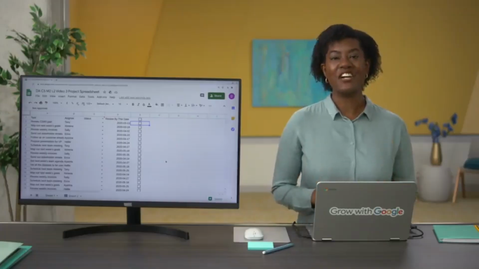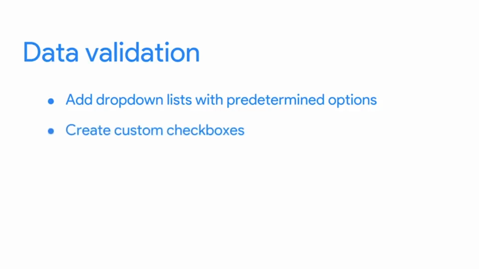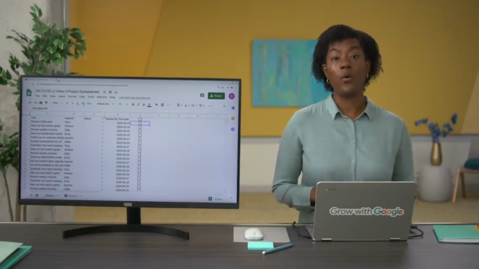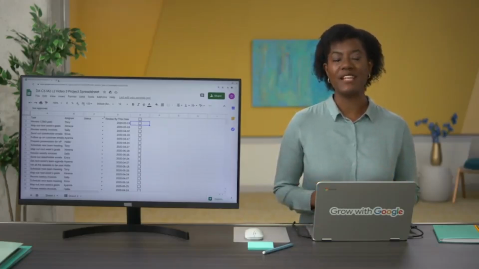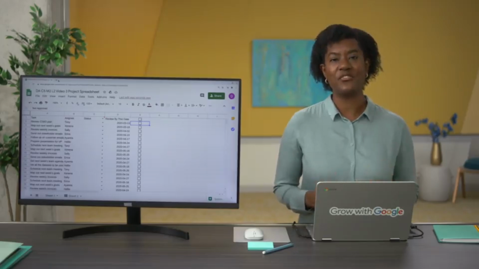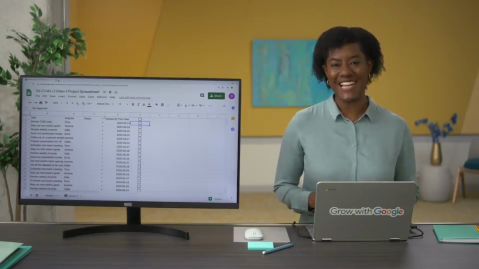All right, now you know 3 uses for data validation in your spreadsheets: adding drop-down lists, creating custom checkboxes, and protecting structured data and formulas. Data validation can help your team track progress, protect your tables from breaking when working in big teams, and help you customize tables to your needs. Coming up, we'll learn more about conditional formatting and some ways you can use conditional formatting and data validation together.